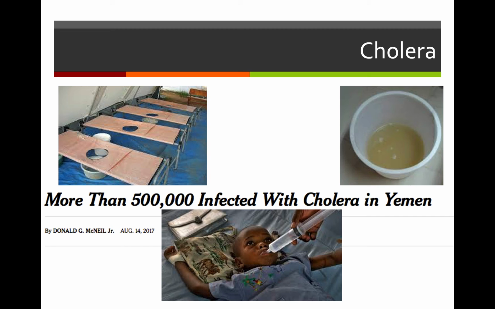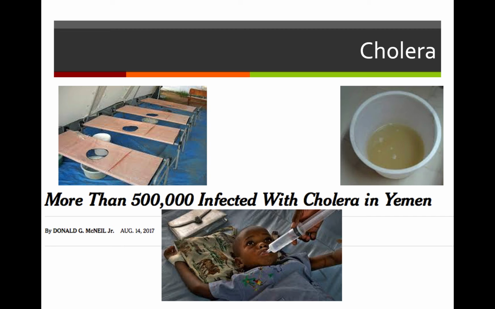Our bodies are actually pretty good at getting rid of cholera. Because of these copious amounts of diarrhea, the bacteria often just get flushed away. So you just have to flush them all out. But because you can die of diarrhea, you could die before you can clear out the infection.